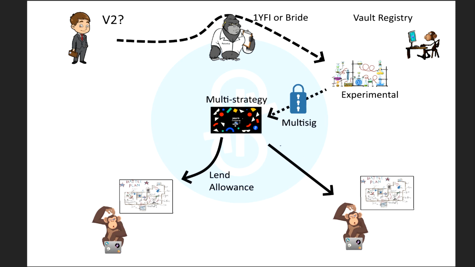Okay, so like I said, it's multi-strategy. So maybe this vault already has several strategies inside. We have this strategy over here that's doing this kind of thing with the money, and we have this strategy over here that's doing this kind of thing with the money. So each strategy has its own lend allowance or debt allowance. So they can borrow money from the vault in order to do the strategy, and there's a certain allowance that they are set. Now the multi-sig also sets this allowance, so maybe they would give this person, let's say, 10,000